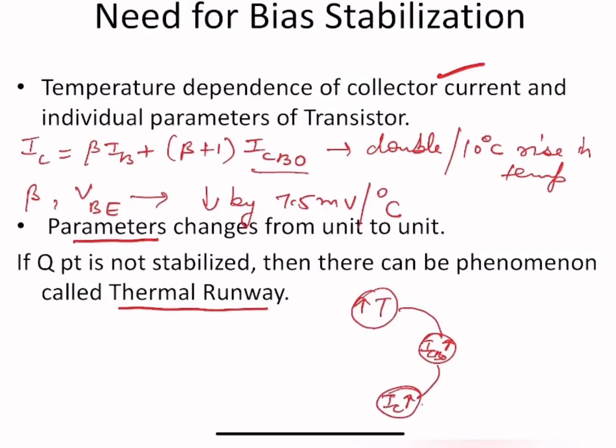You can see from this equation, if collector current increases, junction temperature would also increase. Junction temperature means the temperature of the collector base junction. This process repeats again. It is a cumulative process. After some time, the transistor can burn out. Self-destruction of an unstabilized transistor is known as thermal runaway, which is very dangerous. It means the operating point should be stabilized.